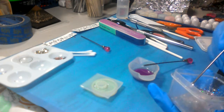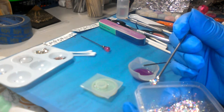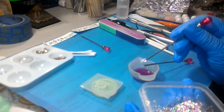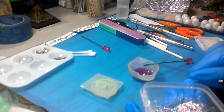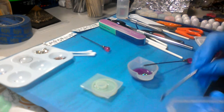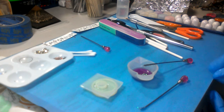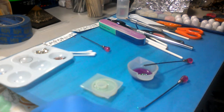Anyway, I'll take a little tiny bit. You see that much? Not a lot. The less you put on it, really, the better it is. But because again, this is small, it's not large. So the larger the mold or the project, the more shine